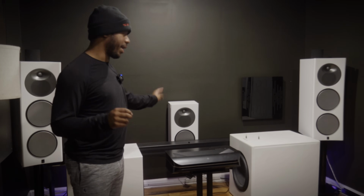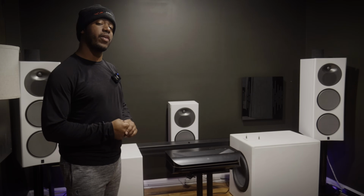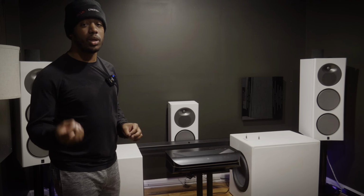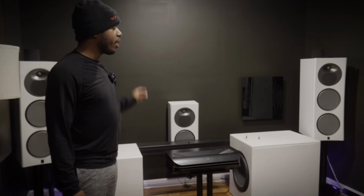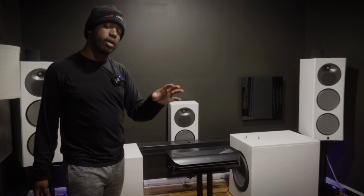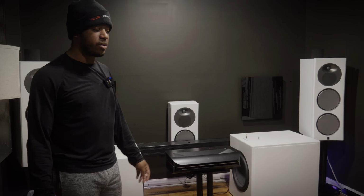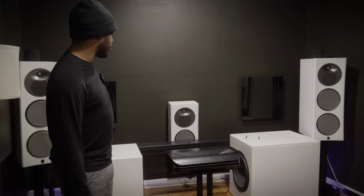If you're considering buying these as your main speakers, I recommend it. They're actually very good. They sound as good as everything else in the system. They have really good low-end bass. You can play these, not full range, but you can put like a 40 hertz crossover on them and be happy. And if you want to use them for music every now and then, again, they have the same properties as their bigger brothers. It will play music very well too, but I'm using mine as a center speaker,